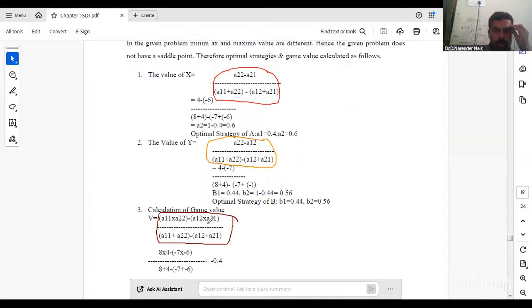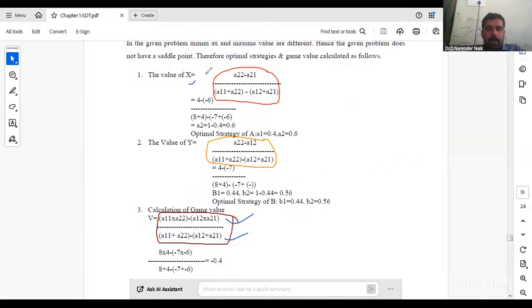So you observe carefully here. A11 into A22, A12 into A21. See, this is here multiplication, but here addition only. Multiplication, then addition. Okay. So with this, we can say that when saddle point is not existed, in this way,